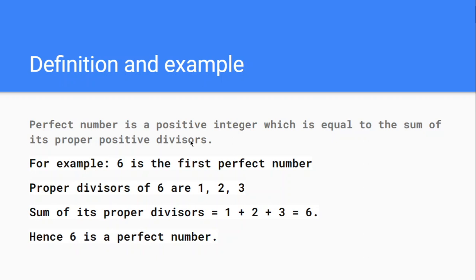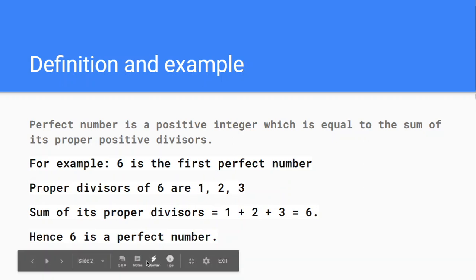The process is, if you are going to find the proper divisors, for example, say you are given the number 6. What are the divisors of 6? 2 threes are 6, and 1 six is 6. So 1 is one divisor, and then 2 and 3 are the divisors. Now, if we add these numbers, 1 plus 2 plus 3, 1 plus 2 is 3, 3 plus 3 is 6.